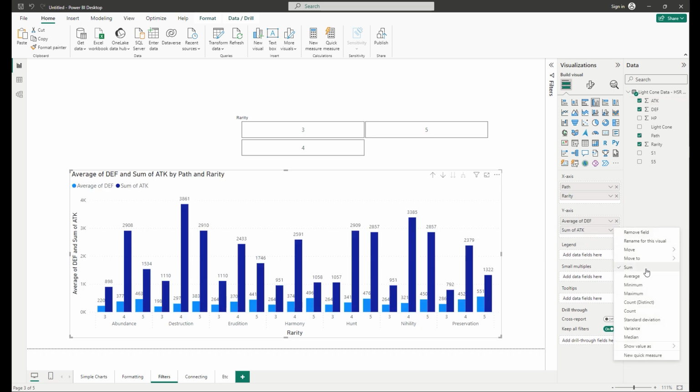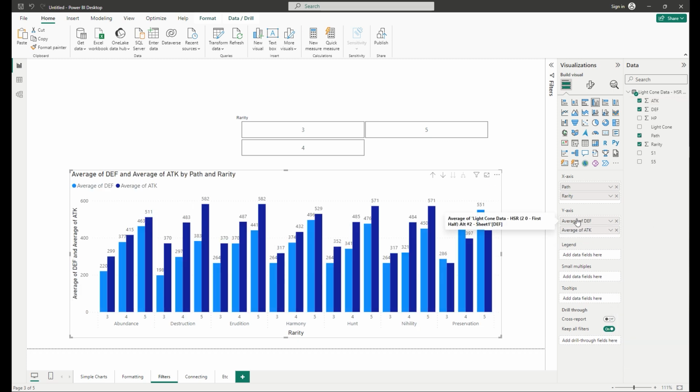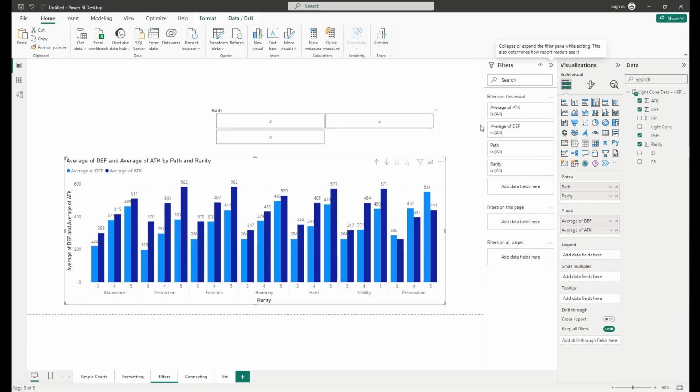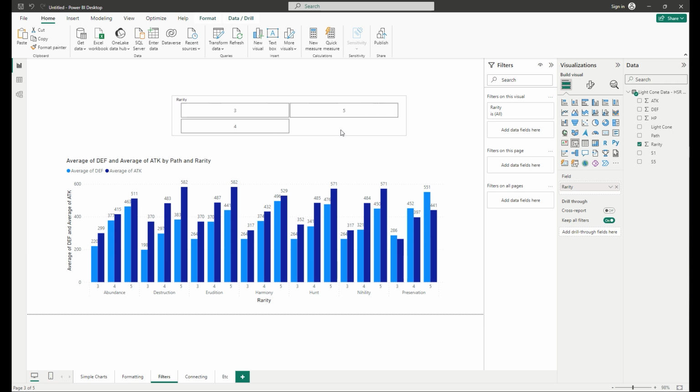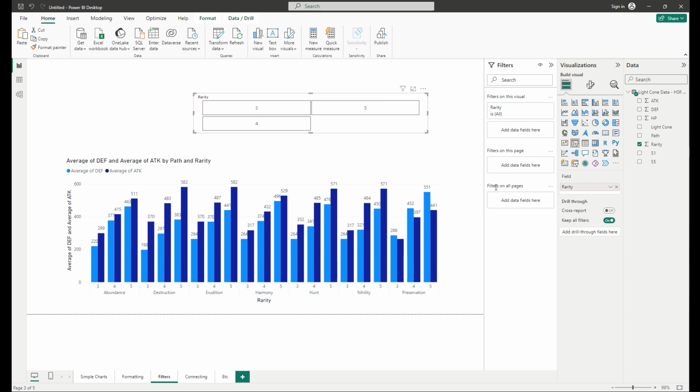So let's say I'm running this like that. You have an average of defense, average of attack now, and I'll show you the second thing that we want to do, which is how do you filter out? Let's say this is too messy, right? So many things going on. You can have this second section here, this filters. The difference between a filter that is on the page and the ones here is there's this thing that says